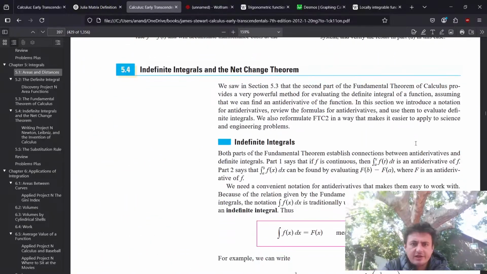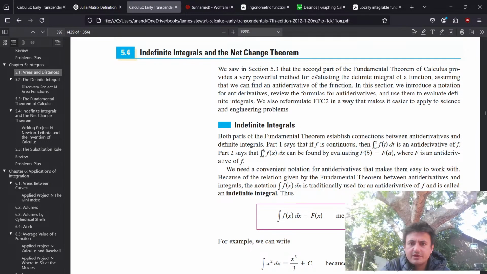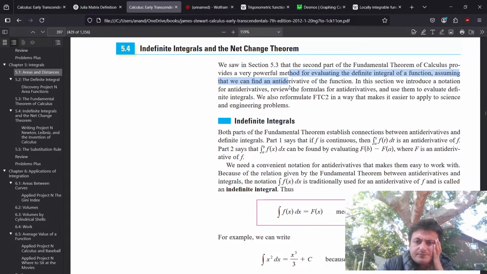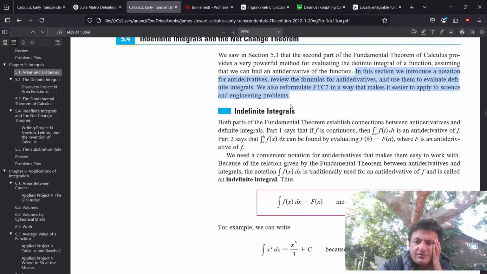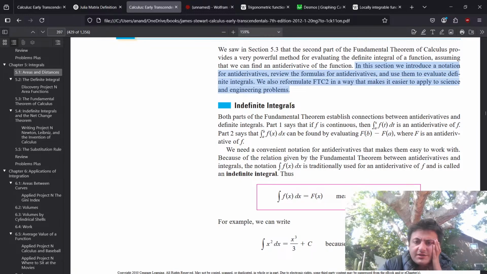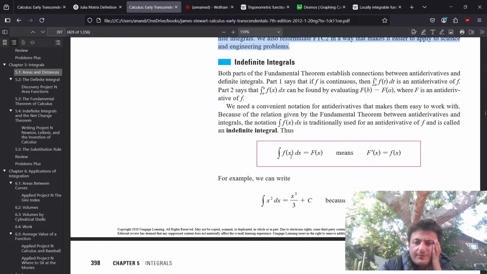Okay, let's see. Indefinite integrals. We saw in 5.3 that the second part of the fundamental theorem of calculus provides a very powerful method for evaluating the definite integral of a function, assuming we can find the antiderivative. In this section, we introduce a notation for antiderivatives, review the formulas for antiderivatives, and use them to evaluate definite integrals. We also reformulate FTC2 in a way that makes it easier to apply. Okay. All right, so the indefinite integral is you remove the bounds,